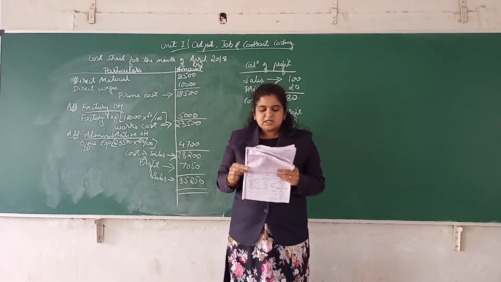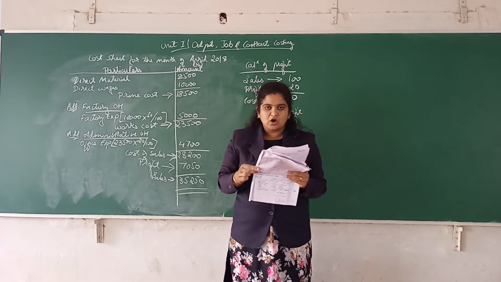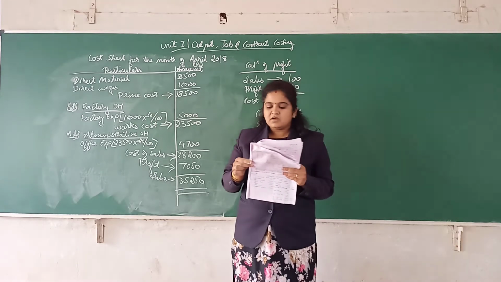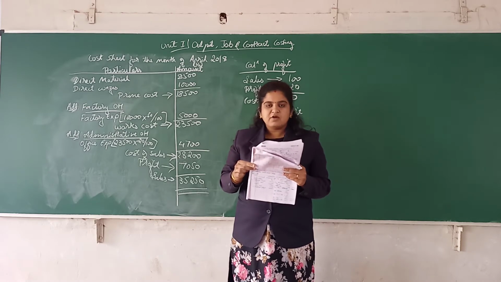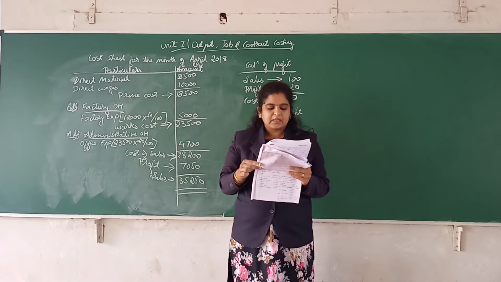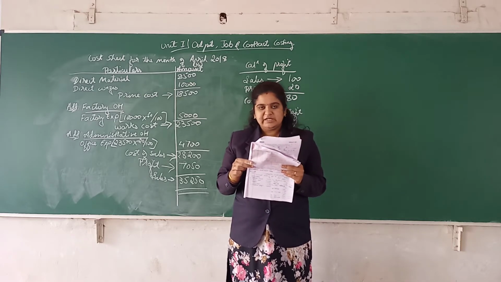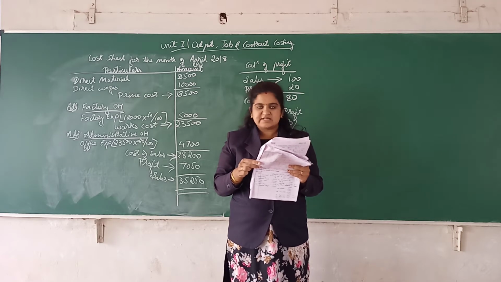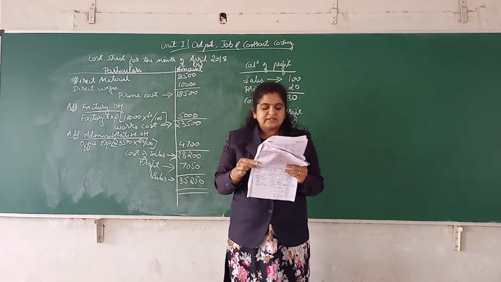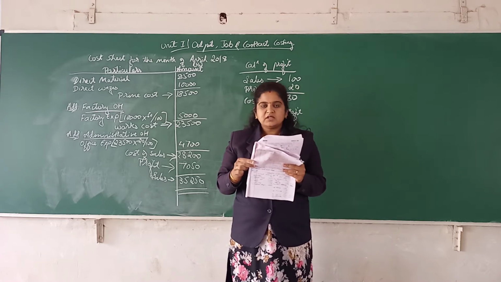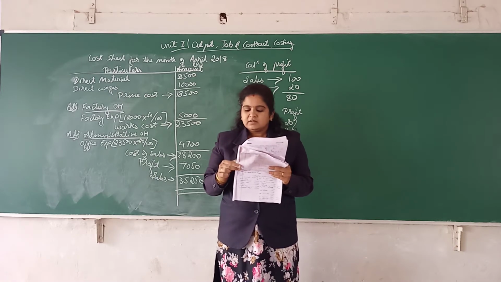Second point, the machine shop will require machining of German machine for 10 hours and Israel machine for 6 hours. Third point, the machine hour rate for German machine is rupees 150 and Israel machine is rupees 200. Fourth point, the direct wages in all our shops last year amounted to rupees 3 lakhs